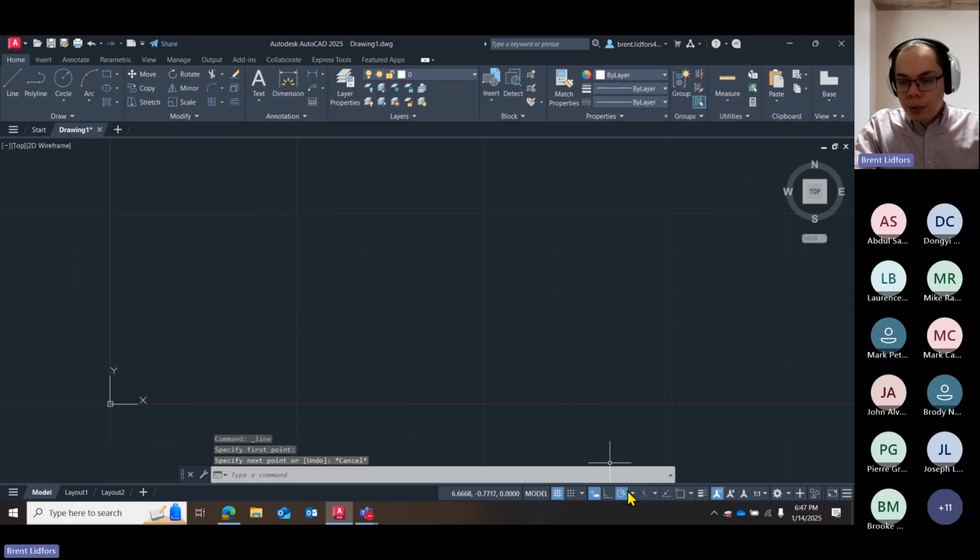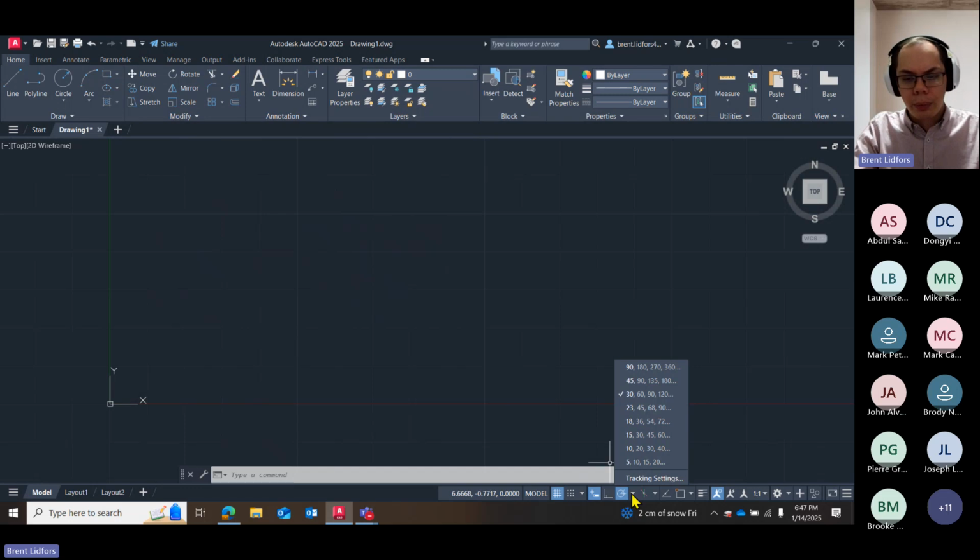What we can also do with polar tracking is that if I right click on the button or use the same down arrow, either one works, we also get a little section here at the bottom for tracking settings. If my specified angle that I'm using very often isn't in this list, then I can add it to the list or make my own list. So if I choose tracking settings here,